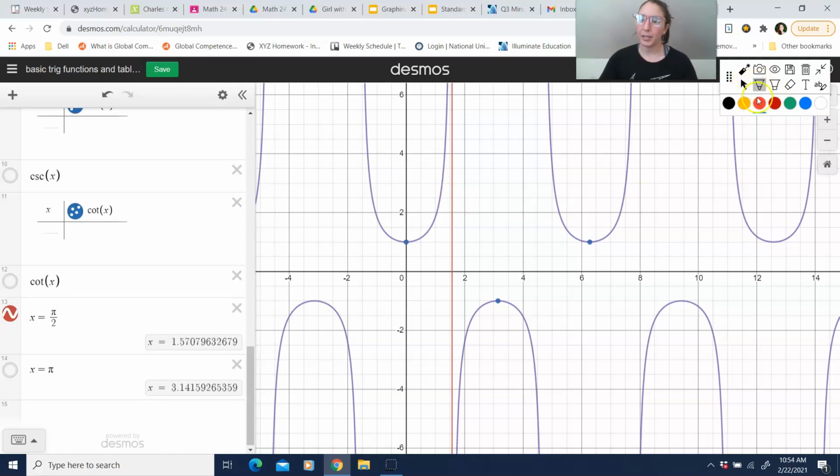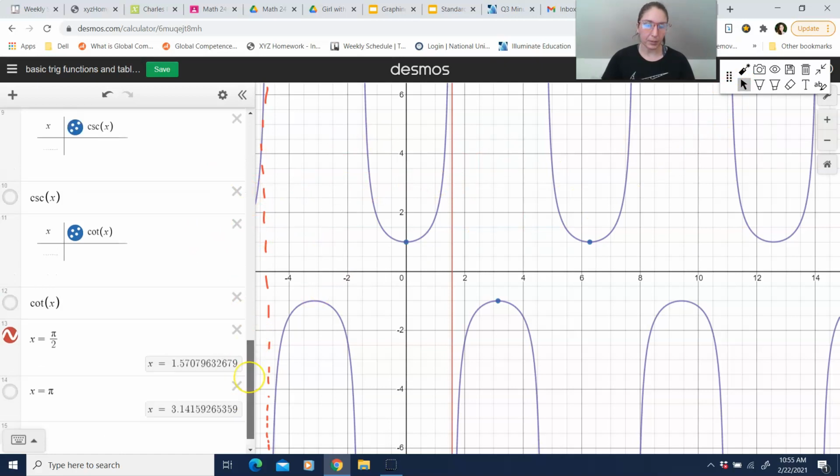So how long is one of these periods? Let's see. Well, the graph contains one of these upward U's and one of these downward U's. Here's the end of the upward U. Here's the end of the downward U. So this is also an asymptote over here. So this asymptote here is at positive